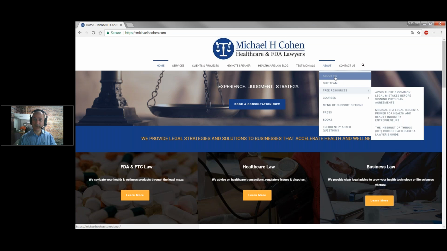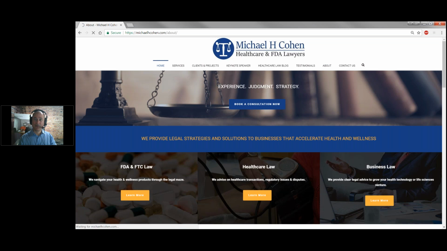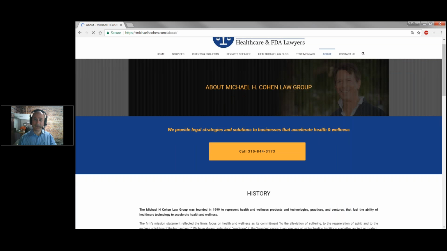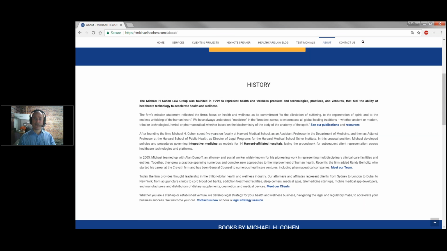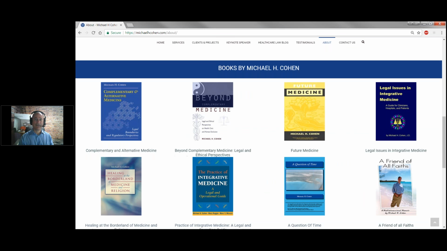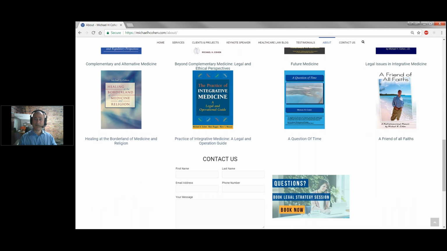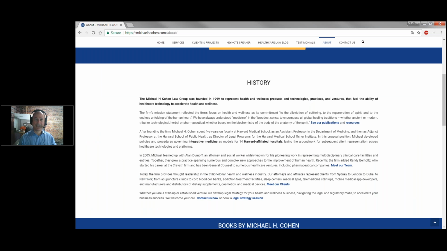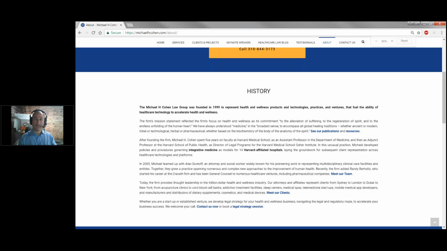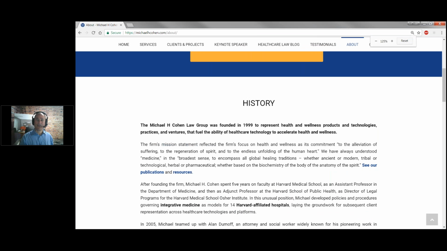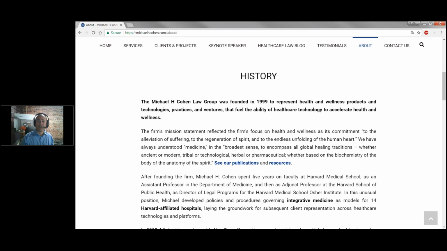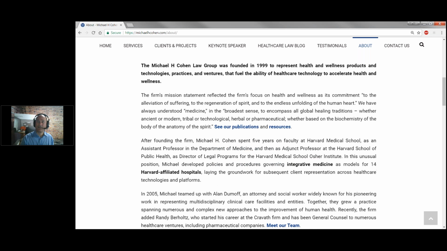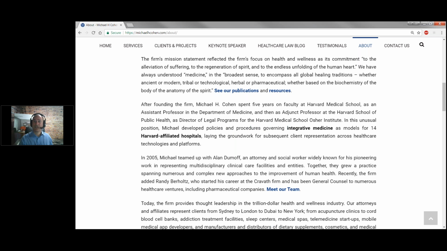And I just want to give you a little bit of information about Michael Cohen because he's an extraordinary fellow. First of all, he's written a fair number of books, which you can see here. He has also published a fair number of research articles. Now, he's an attorney by training, right? He went to Boalt Law School, one of the best law schools in the country, in Berkeley, California. He went to Wall Street, worked in Wall Street corporate law for a very short period of time, ended up in academic situations, teaching in law schools, and then ended up at Harvard Medical School,